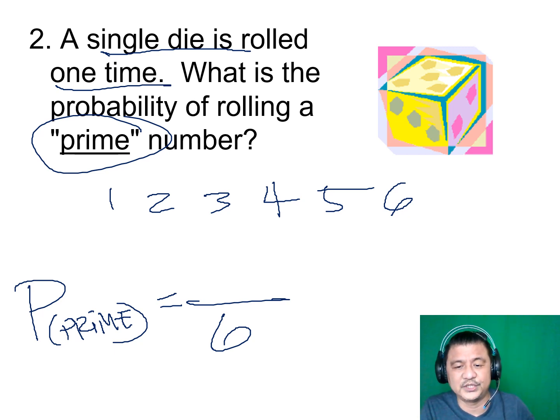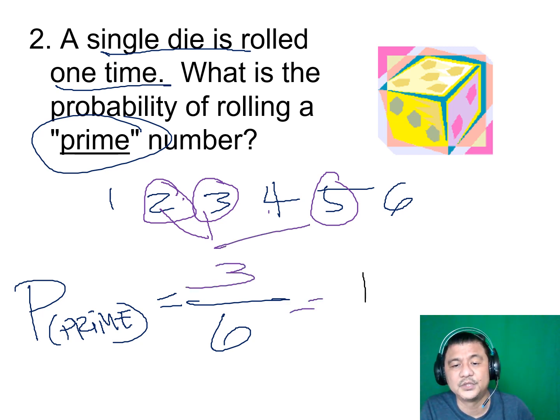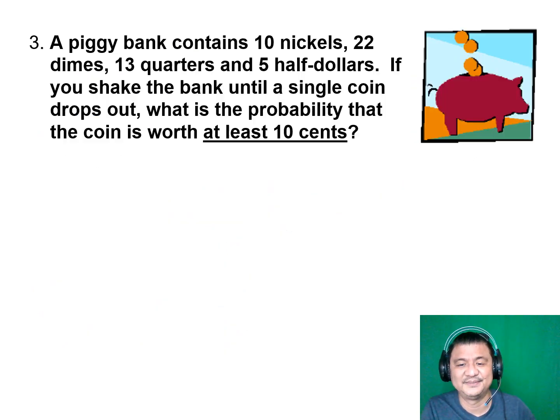Now, which are the prime numbers? 2 is a prime number because you can only have 2 times 1. 3 times 1, you're a prime. Is 1 a prime though? 1 is neither prime nor composite. So how many prime numbers do I see? I see three numbers. So the probability is, in lowest terms, 1/2. Probability of getting a prime number is a 50-50% chance. Okay? In the middle.